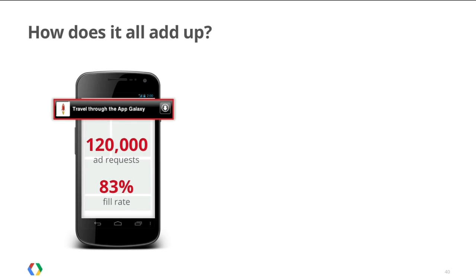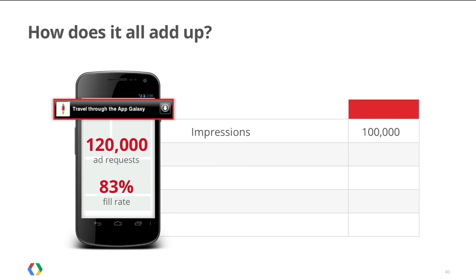This is just some terminology to quickly go through here. When you serve an ad in your app, we call that an impression. So let's say you have a bunch of users and you serve 100,000 impressions. That means that hopefully some of those users will find value from those ads and click on them. So that creates a click-through rate. Let's say 1.5% of those impressions get clicked on. That means that you actually ended up